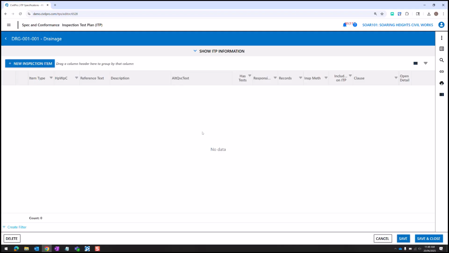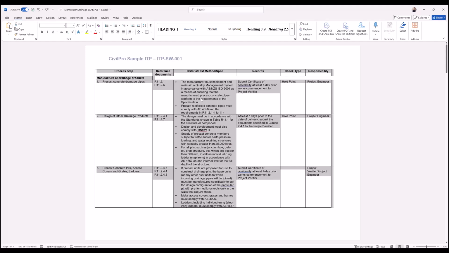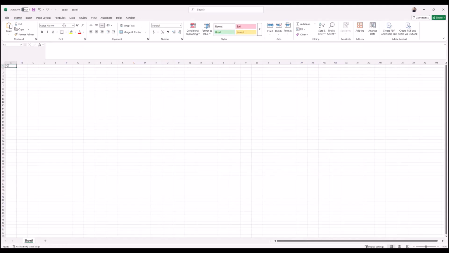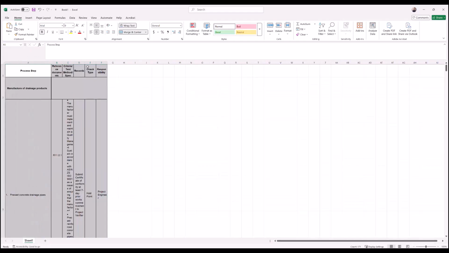So we're going to jump now to our Word version of our ITP. Here is a typical ITP in Word format. Your columns may be different, but the process will still be the same. What I'm going to do now is select everything that's in this table, copy that to the clipboard, open a new instance of Excel, navigate to the top corner and paste that information. So as we can see here, when it pastes in,